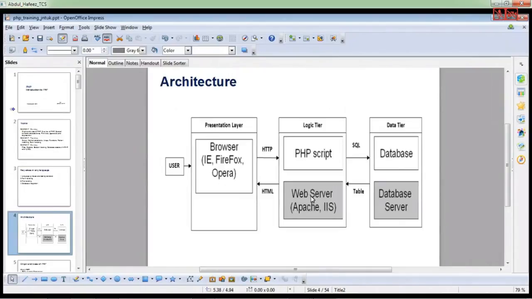The PHP has been set up within Apache. I'll show you the installation and how we can set up PHP. The request is then